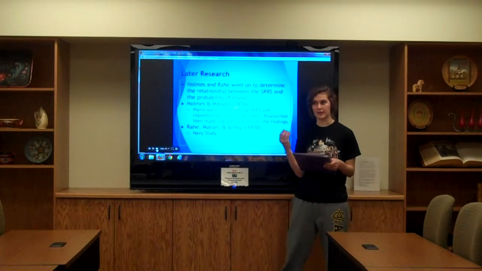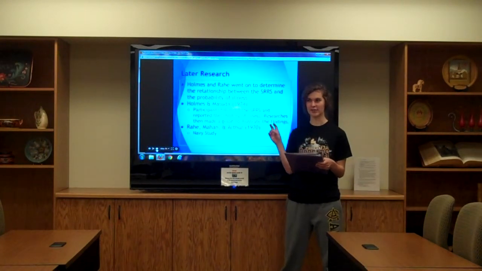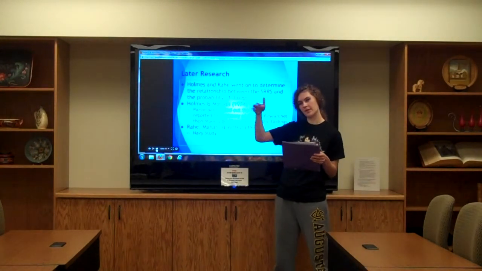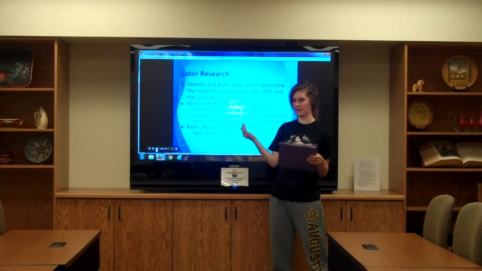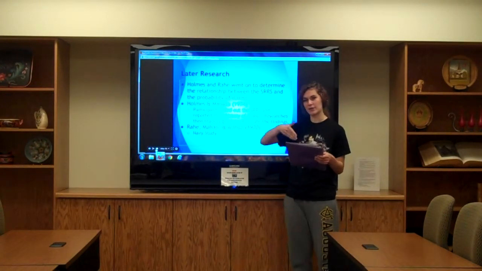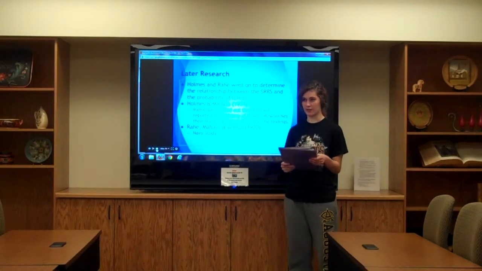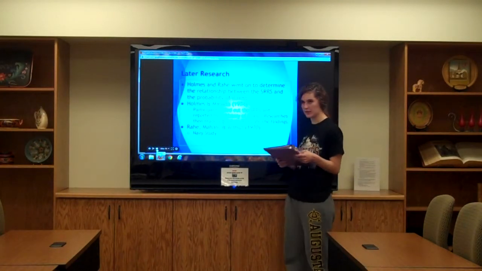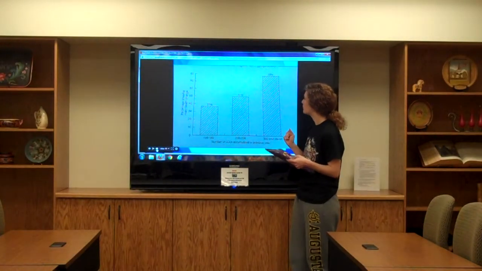They did this by adding up the life change units, LCUs, and basically that's just the mean value that was given to each event. So like death of a spouse was the top with 100, so that would be the LCU. Participants added up their score and then reported their history of illness. Using that, the researchers made a graph to illustrate the findings. So if you go to the next slide, this is the graph.